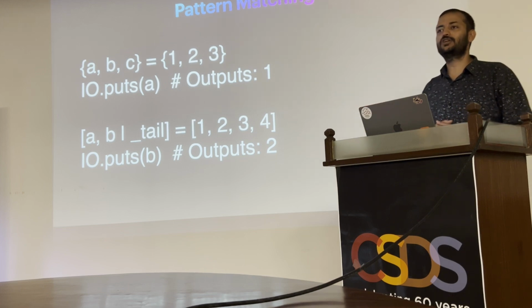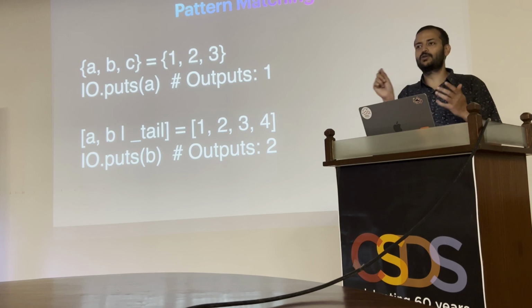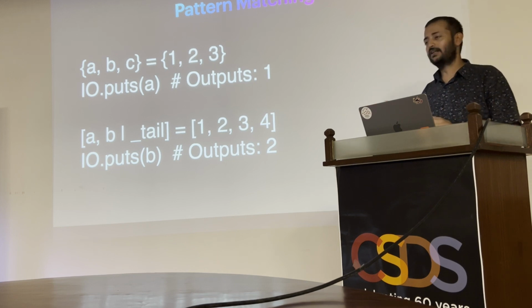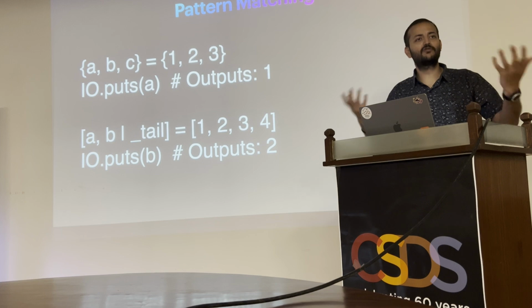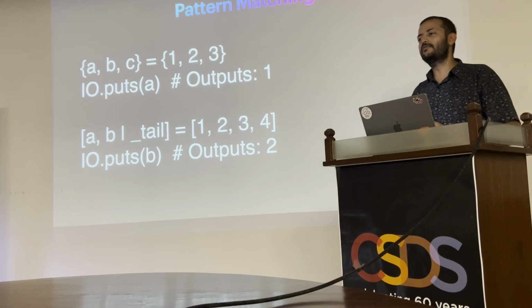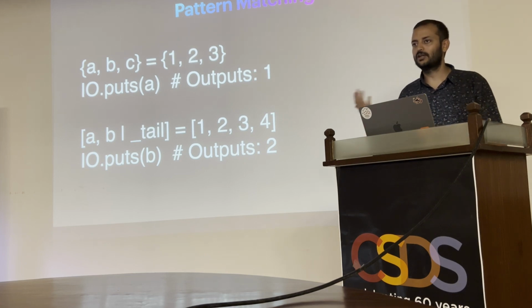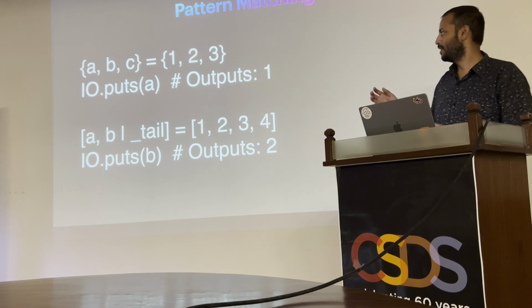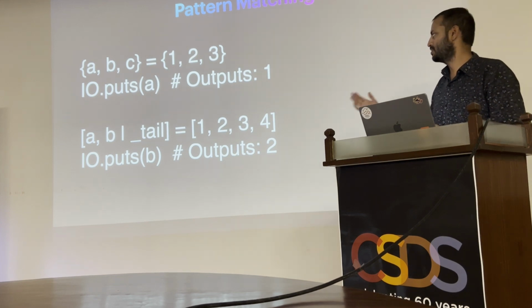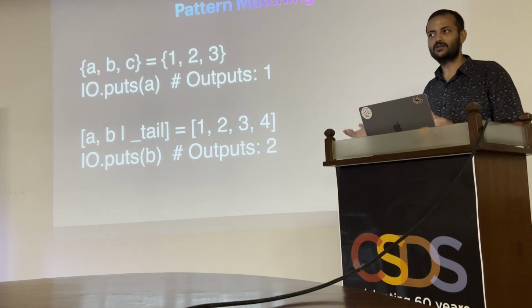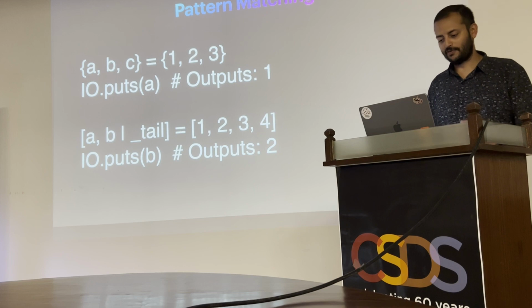The underscore essentially tells Erlang, if you want to avoid those messages in your terminal or in your IDE, saying that, hey, you've used this variable, unused variable prompts. So this is our way of telling Elixir that, hey, look, I want you to do this, but I'm not going to be using it ahead, and don't raise an alarm for it. That's what the underscore does. And A essentially assigns to 1, B assigns to 2. And any guesses what the tail would assign to? Would it be just 4? 3 and 4. 3 and 4, perfect.